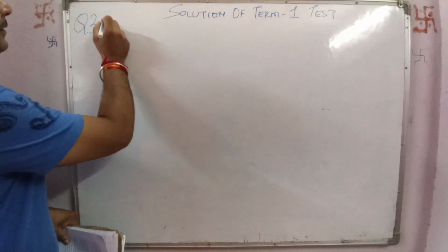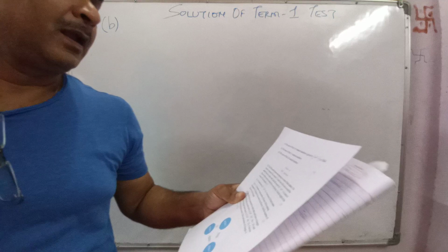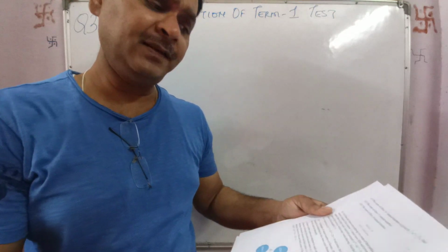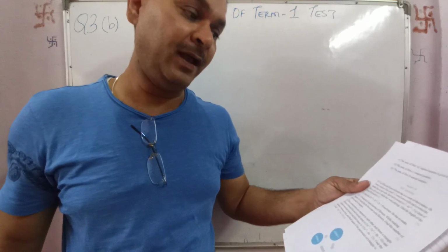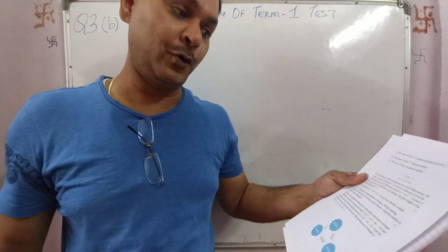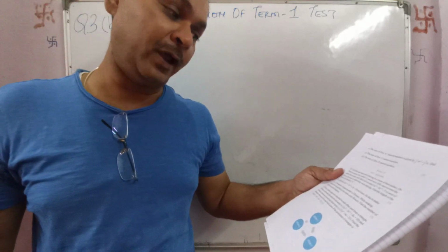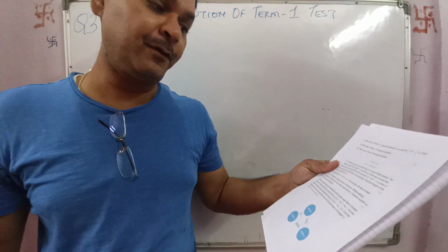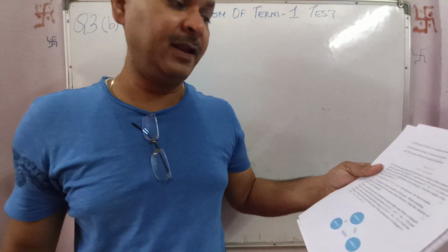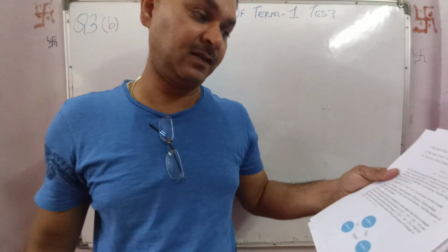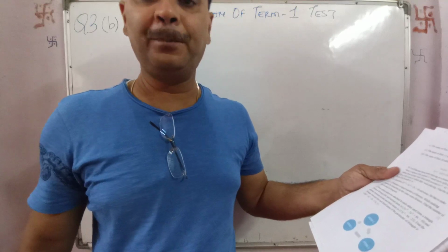Okay, third, B part. A florist has 2x cube plus 7x square plus 2x plus 9 red roses. Now he has to make bouquets of 2x plus 3 flowers each, with an equal number of flowers. While making the bouquets, he found that he has some extra flowers. Now find the number of flowers used in each bouquet.